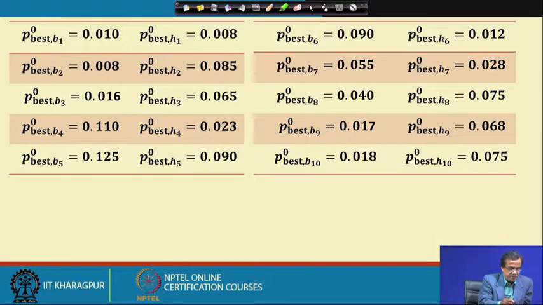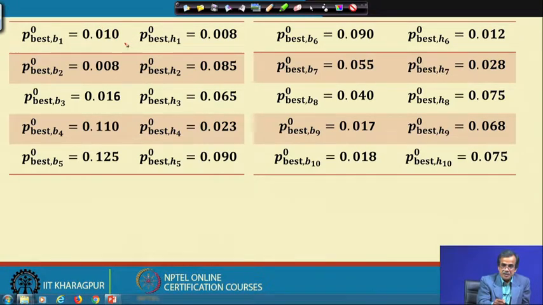For example, Pbest,B1 with respect to 0, that is, corresponding to the first iteration, the best value for this B1 is